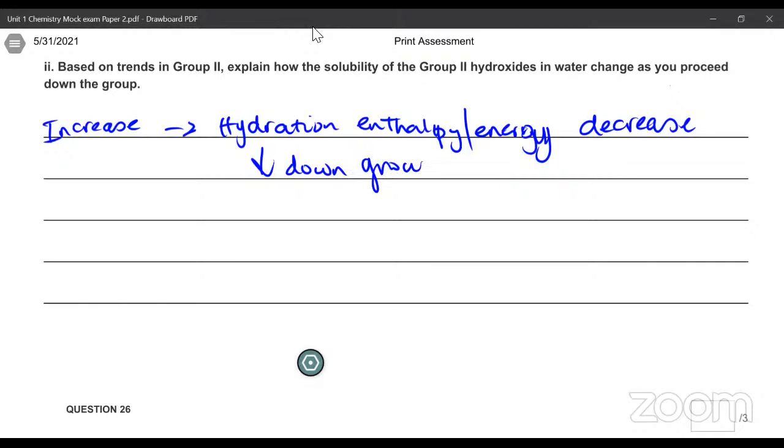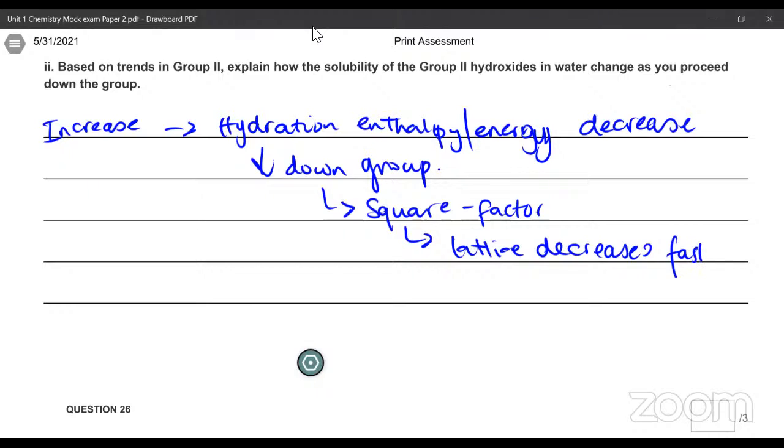And what you'll find is in relation to the lattice energy, according to something we call the square factor, right? You'll find that the lattice energy decreases faster than the hydration enthalpy. And that would be the reason why the solubility of the group 2 hydroxides increase going down group,